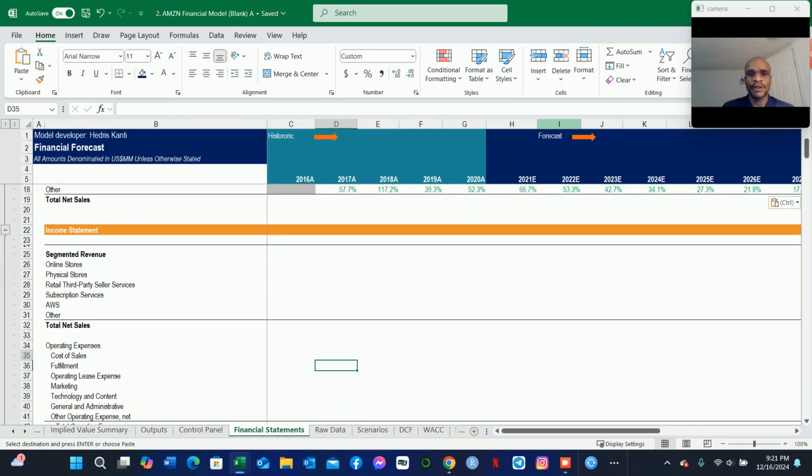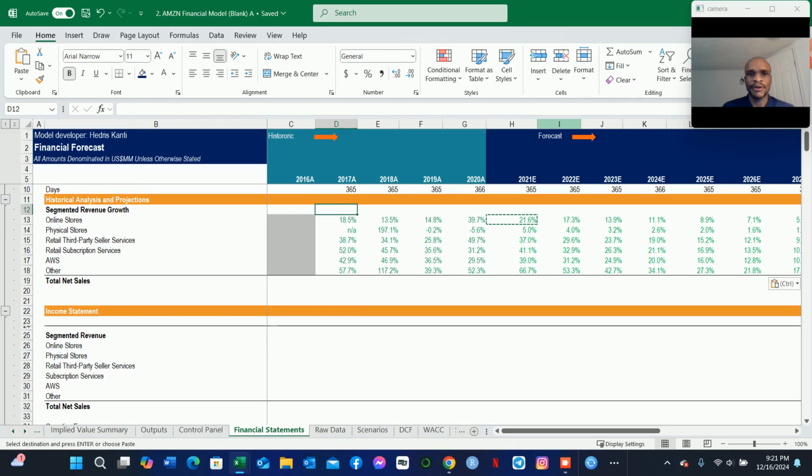So in order to drive Amazon's forecast going forward, we will be bringing in the historic financials for Amazon in our financial statements tab here. So we go to